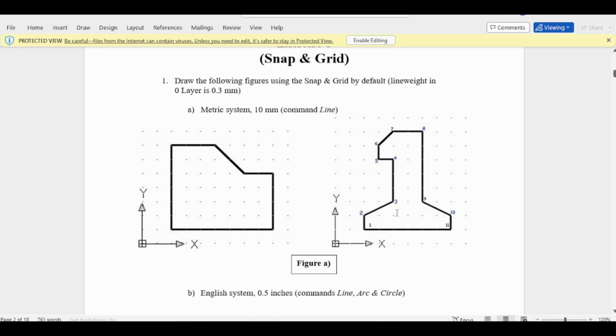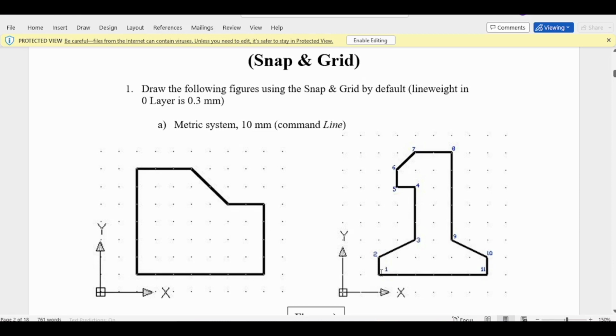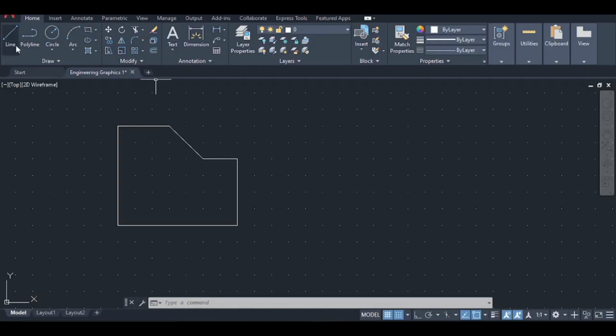And also, to do the drawing on the right, you can see that the steps have been labeled. So start from 1, 2, 3, 4, 5, all the way to 11, and close the figure. The figure on the right has the same base as the figure on the left. So starting here